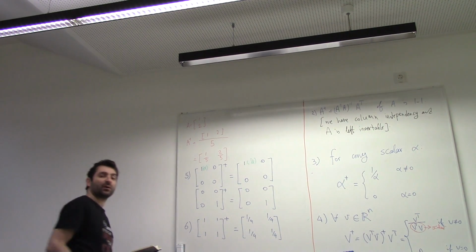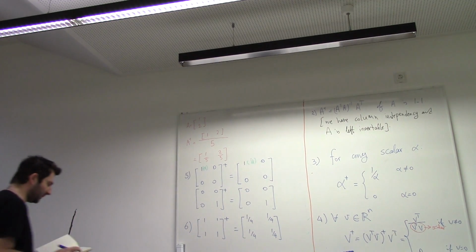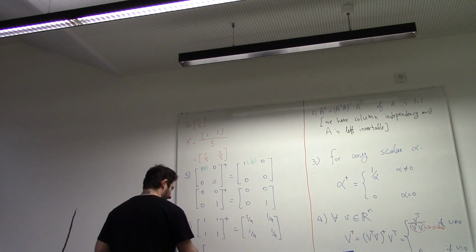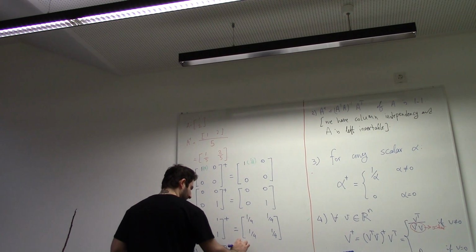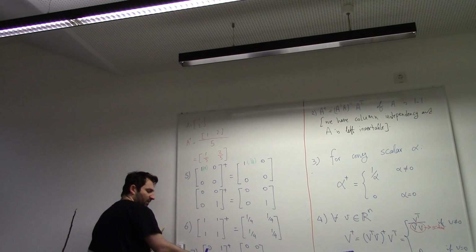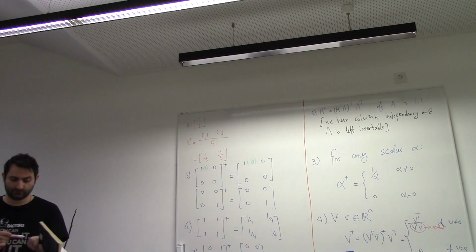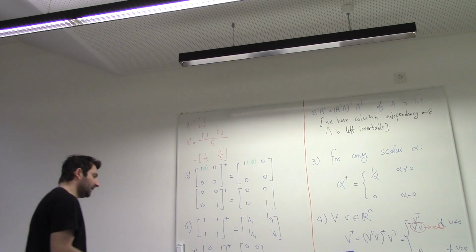Of course, you can always have a computer calculate for you, but some of them are just so simple, so you can keep it in your mind. Seventh one is 0, 1, 0, 0 plus, this is equal to 0, 1, 0, 0. And similarly,